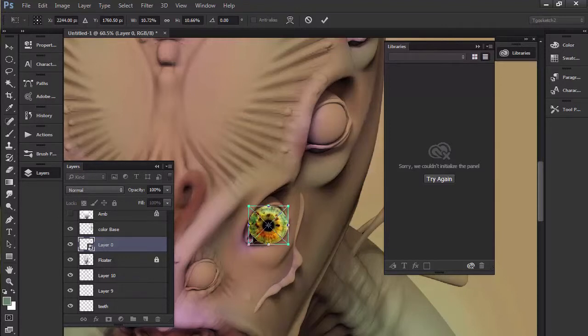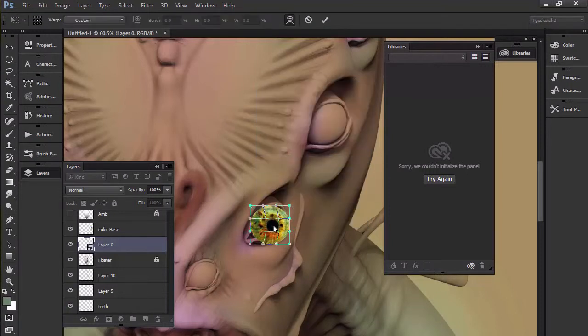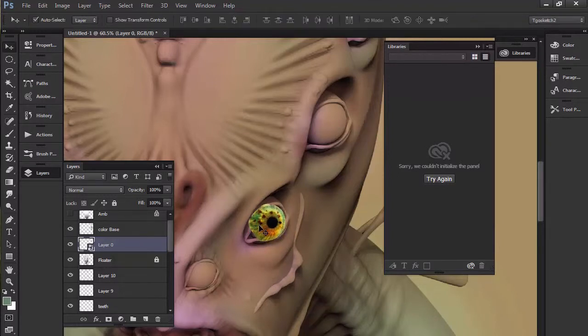Now I don't want it to be flat. That's going to be a problem, right? So I'm going to Control T again. Well, I don't have to. I'm going to go to warp, and I'm going to move it and give it the illusion of sphere shape. So let's move this guy here. There's a lot of different things we can do to create that illusion, so it's certainly not one way. But I think this will work for us right now. And then, once I get here,